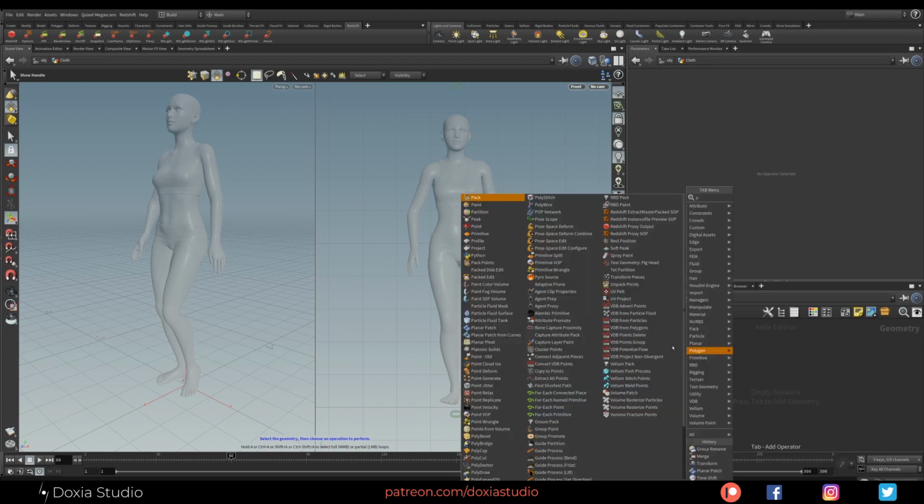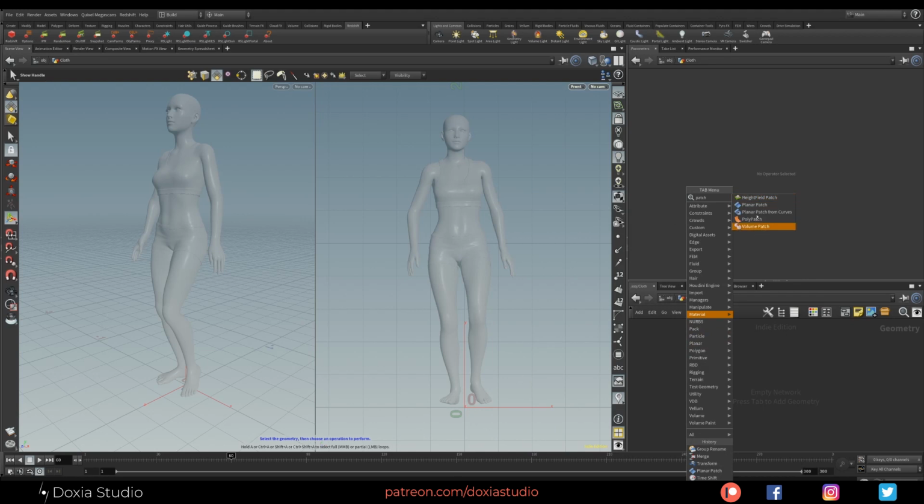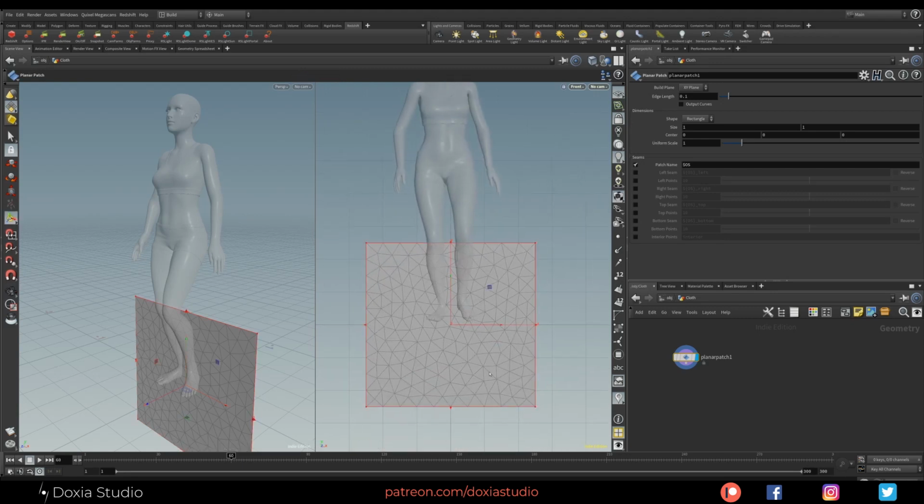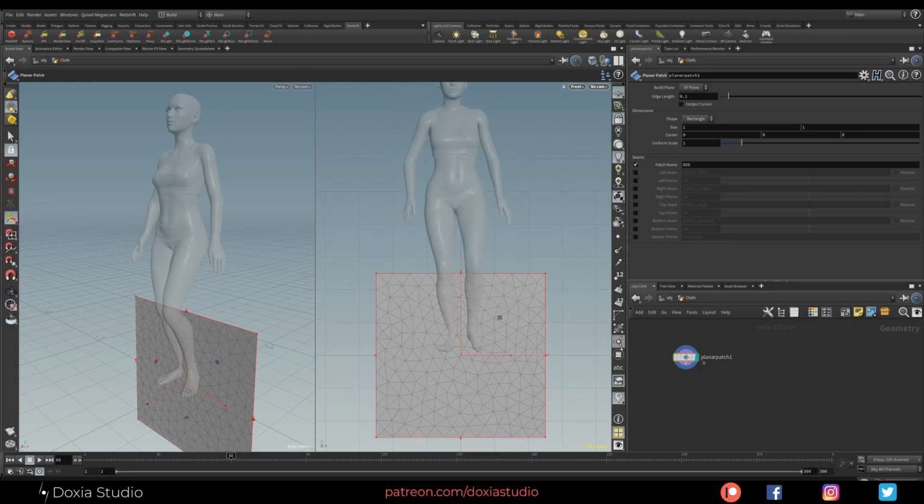To do that, we have this node called planar patch. It creates a simple surface, let's call it like that. And as you see, it has divisions. For cloth, this subdivision, this topology, is better.